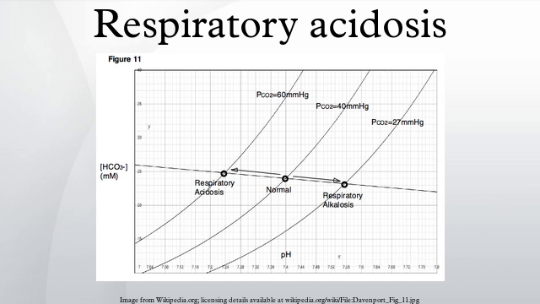The expected change in pH with respiratory acidosis can be estimated with the following equations. Acute respiratory acidosis, change in pH equals 0.008 times the change in PaCO2. Chronic respiratory acidosis, change in pH equals